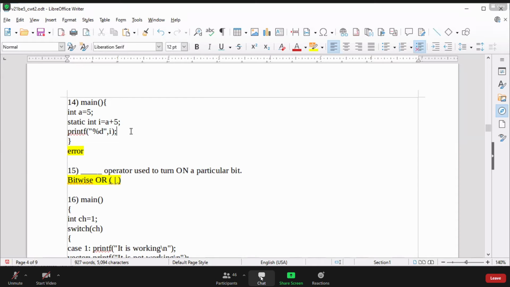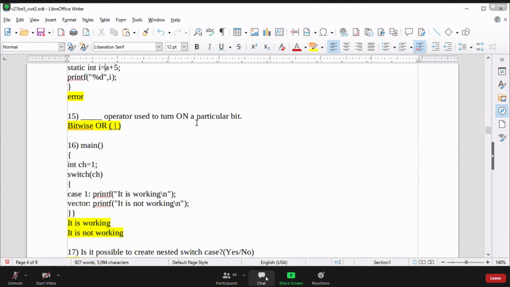Actually this discussion happened in class. Each and every point was discussed in class. When I explained the recursion based program in class, I explained that static initialization is not possible with a variable. A constant is mandatory, and here we are using a variable. A is a variable, so static initialization won't be possible with that. So it is a compile time error. When I explained reversing array elements using recursion, I explained that concept.